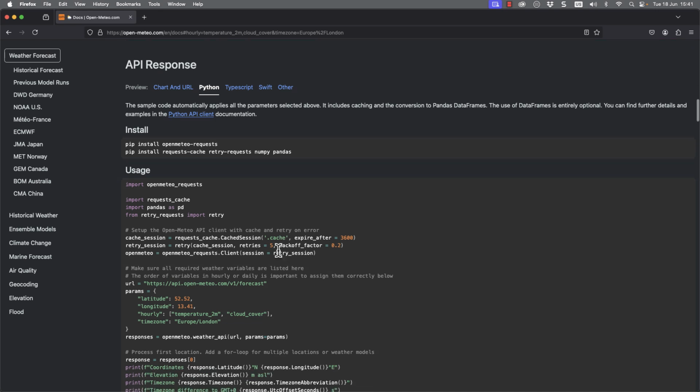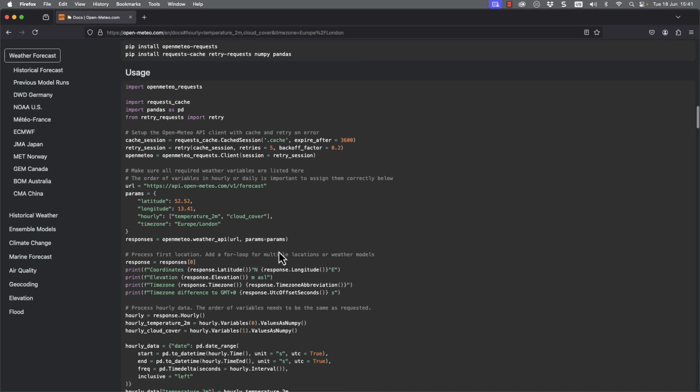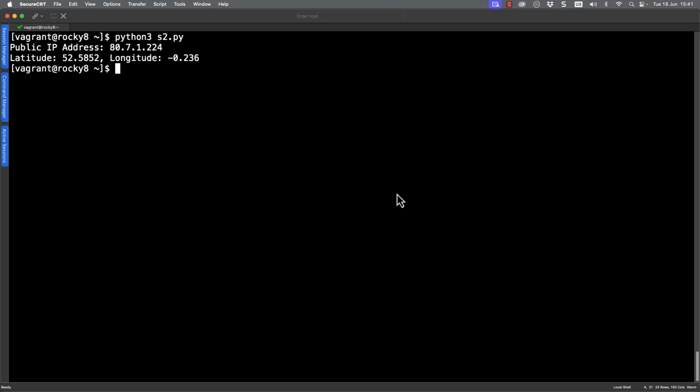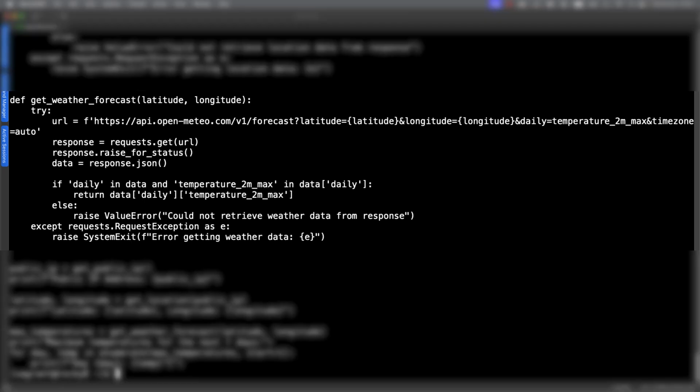But we could also go through and take a look at their Python implementation, and we can see that we could use this code. It's verbose. It's actually giving us hourly data here as well. But we'll go back and look at a more simple implementation just to get the idea of what's happening. So if I open up my stage 3 or s3.py file, we can jump straight down to our function, get weather forecast, where we pass through the latitude and the longitude. We've made up the URL, and you can see within the URL, we're passing through our longitude and latitude.